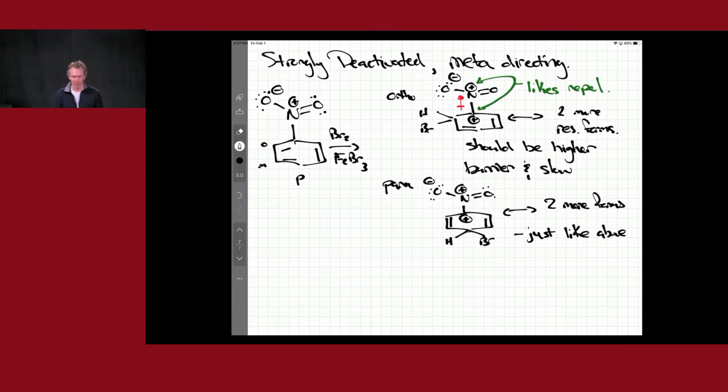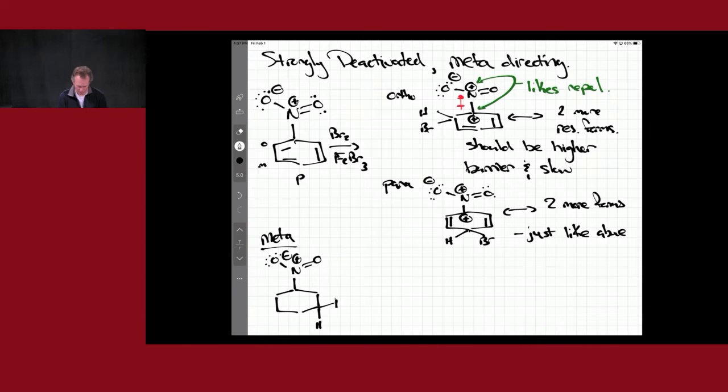All right, let's look now at the meta position. If we go meta, okay, now we still end up with that delocalized cation on the ring, but let's draw out our other resonance form in this case and see if we end up in that situation where the cations are on adjacent carbons. So if I draw those out,